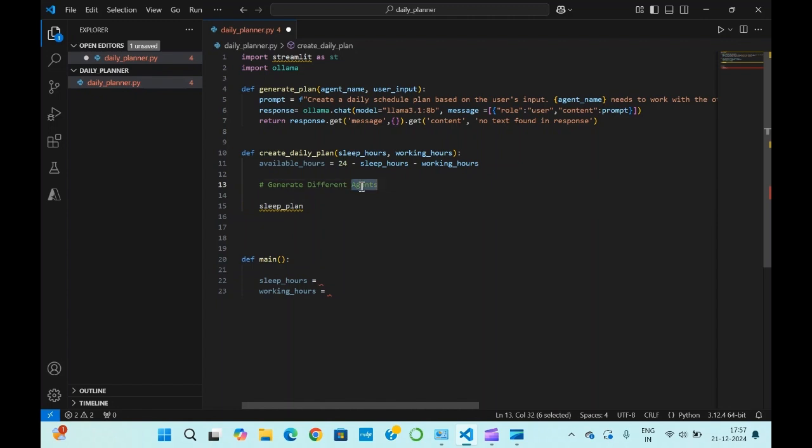Generating different plans will be better. Sleep plan will be like, we'll call our generate plan, and we'll provide some input. We'll have to provide the agent name and user input to this function. So we'll provide sleep agent as the name for that agent, and we'll provide some f-string: user needs